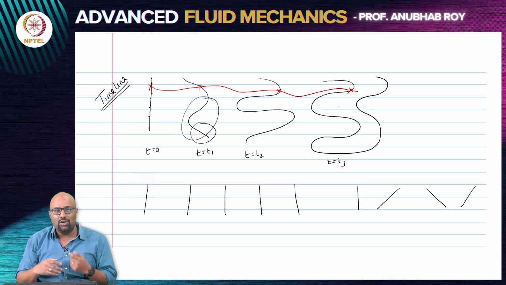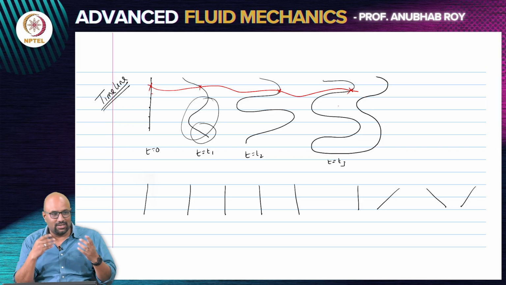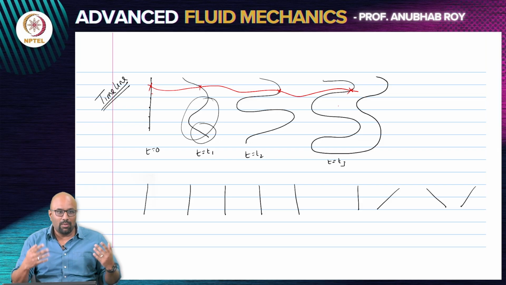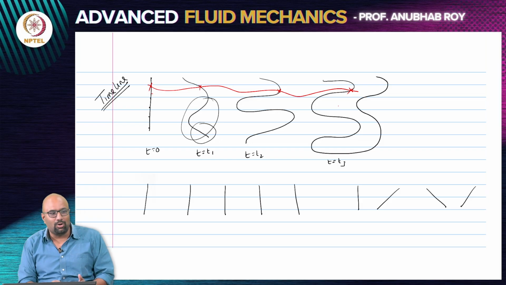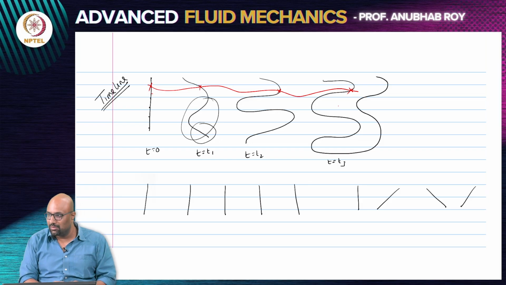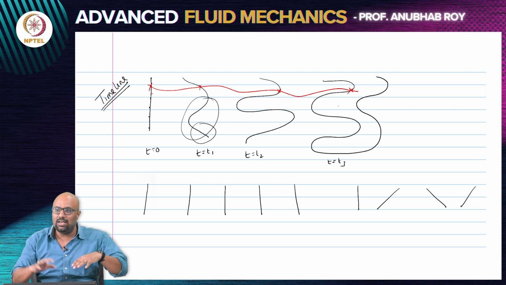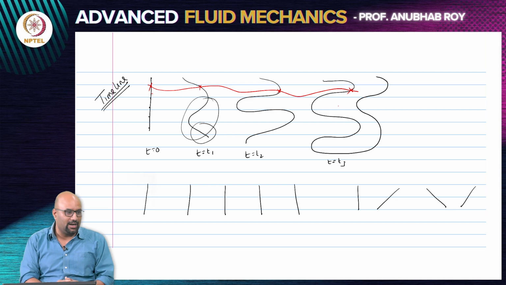The big difference is that your motion is self-generated. You are not moving due to anything else. There is no flow here. Even though I'm giving you an example to understand the kinematics and visualization, you are moving due to your own volition, your own willpower. If you feel a little tired, or your shoes are broken, then obviously that dictates how you move. But otherwise, there is nothing else that is trying to move you. So that's where there is a big difference between what fluid particles are doing and what you see in a collection of any moving entity. But the broad idea of visualization stays the same.